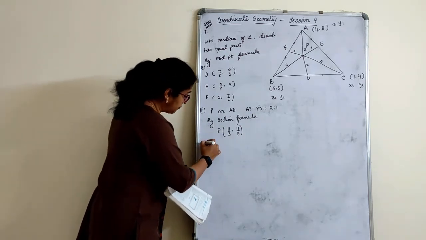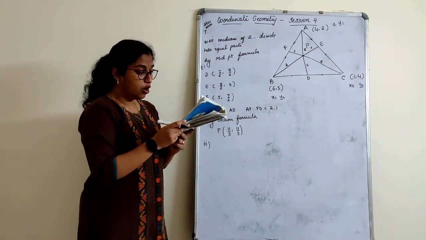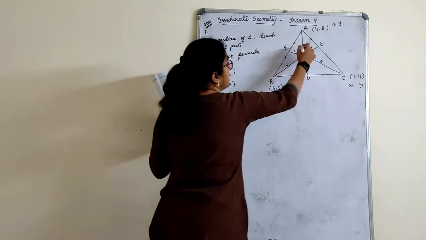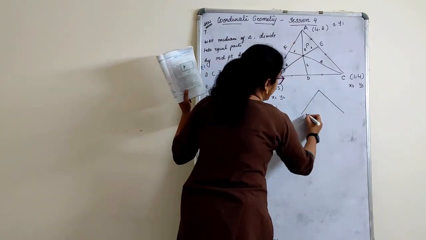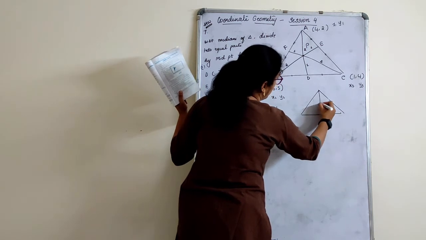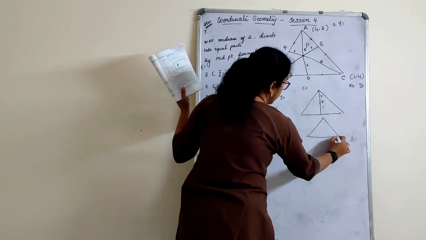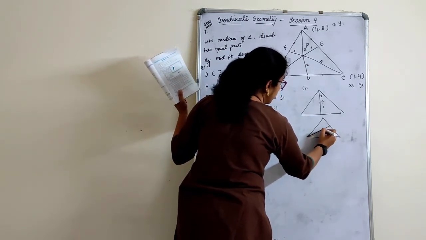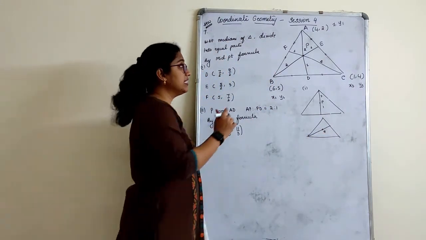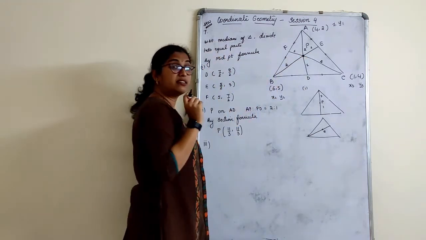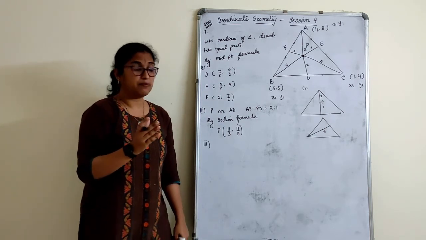Look at the third part of the question here. Find the coordinates of point Q and R on the medians BE and CF. For example, if I draw it, at first point P they have given, 2:1. This is the first figure. In the second figure, the same point is given as Q, and the second time they have given this as R. But children, they are talking about the same point where the medians meet. If it is dividing in the ratio 2:1, then it has to be the same point.